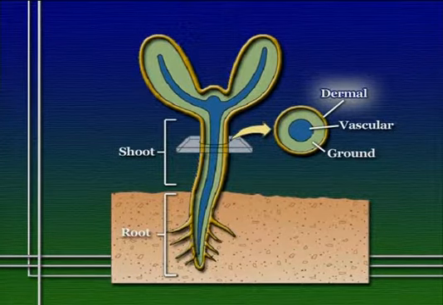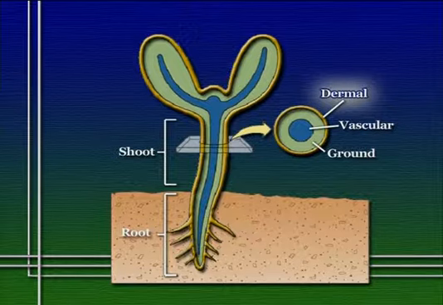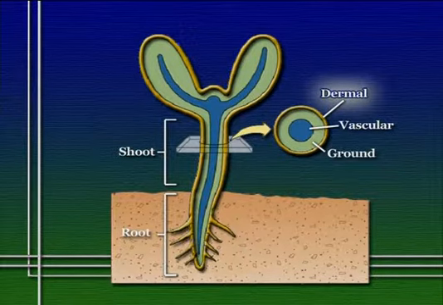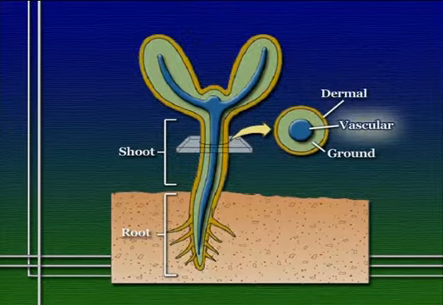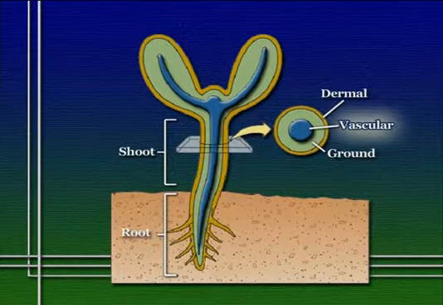In some parts of the plant, dermal cells also may be specialized to take in or release materials, especially parts of the epidermis associated with the root system, which are specialized to absorb water and minerals from the soil. Now, vascular tissue runs essentially along the center of the plant, and it includes two types of tissues that are specialized for transporting materials and conducting them from one part of the plant to the other.